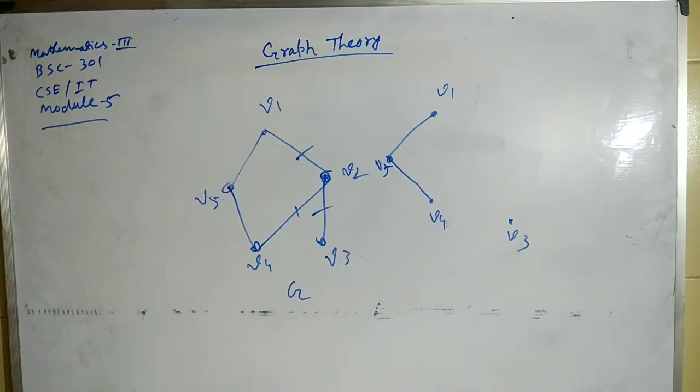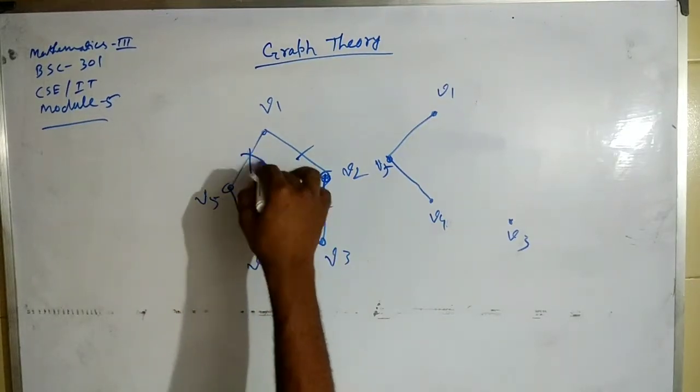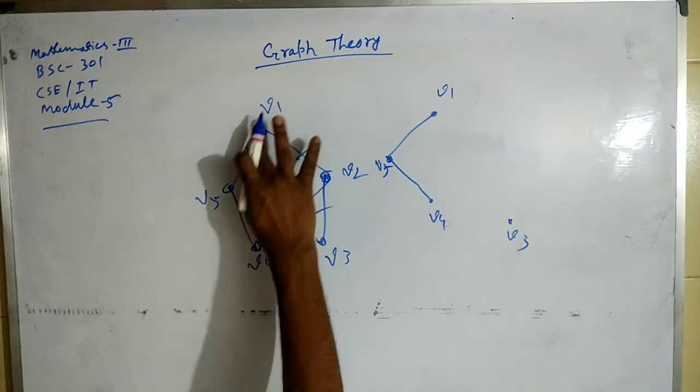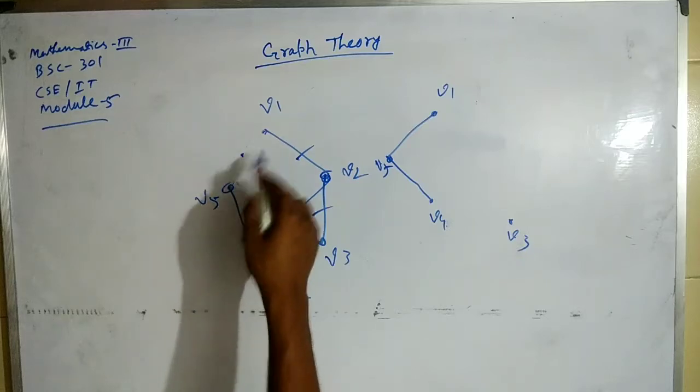Okay, so I think it is clear what is deletion of a vertex. Now, if you ask me what is the result if we delete an edge? If you delete an edge, it does not mean that the adjacent vertices with that edge will be deleted, like the deletion of vertices. No, if you delete an edge, only that edge will be deleted, no other element of that graph will be deleted. As an example, if you delete this edge, the graph will be like this, just the edge will be removed from the graph. No vertices adjacent with it, that is V1, V5, will be deleted.